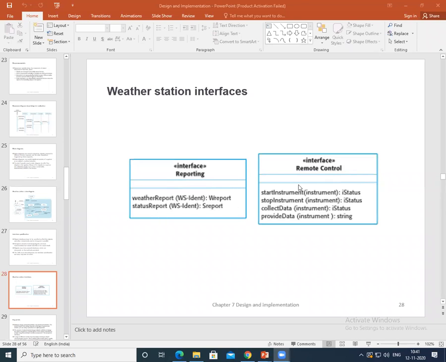This is also one of the UML notations that represents the pattern. Okay, so this is all about this topic.